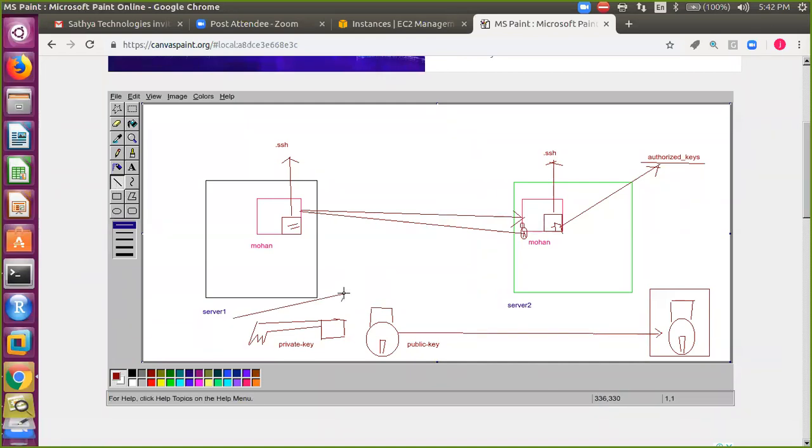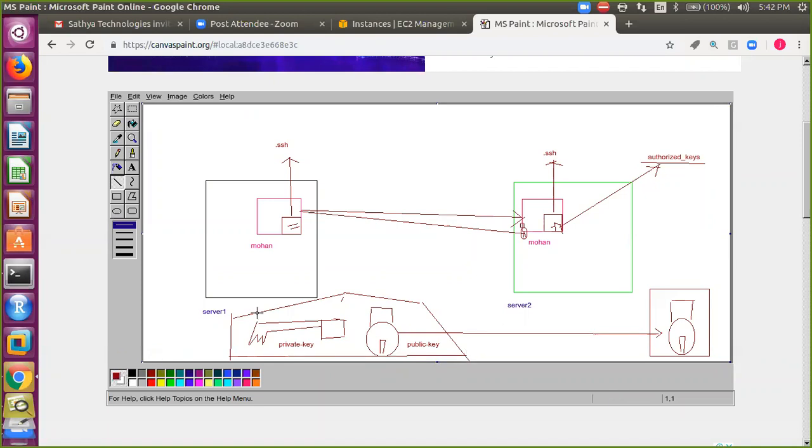Just like you cannot unlock a real lock with another set of key, if you try to unlock with another set of key, it will not open the lock. Likewise, exactly the same thing will happen here.